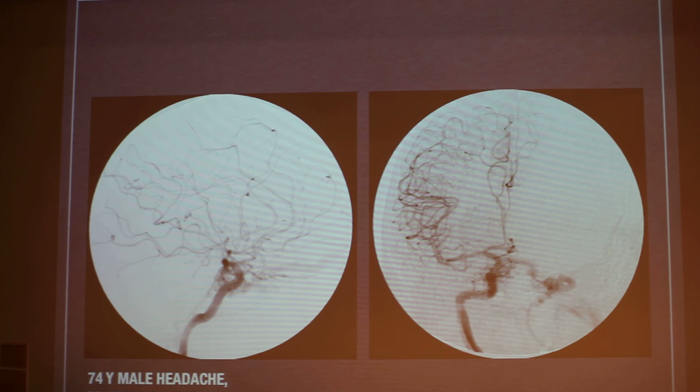This is another patient, a 70-year-old male with headaches and proptosis. This is an injection to the right internal carotid artery, the lateral view. And you see that there's early filling of the cavernous sinus. The cavernous sinus goes from the internal carotid on the right side, and it drains through the connection to the left cavernous sinus into the superior orbital vein and cortical veins on the left side. So he's going to present with left eye